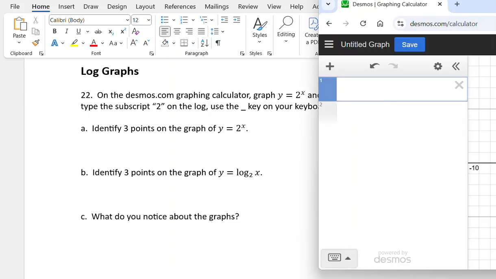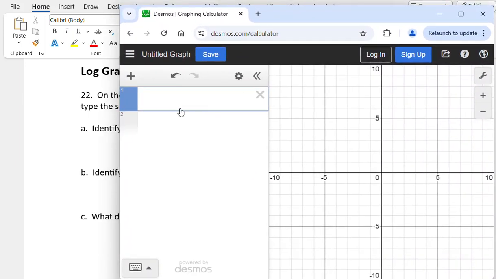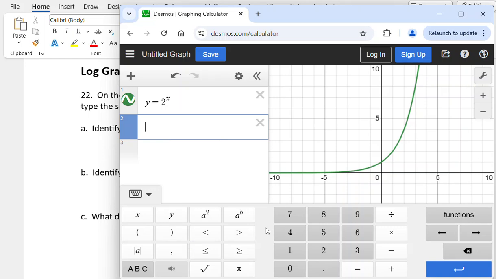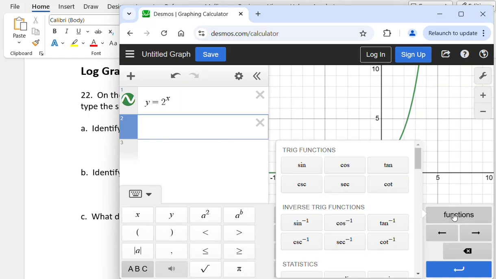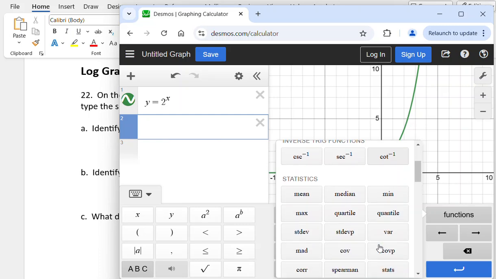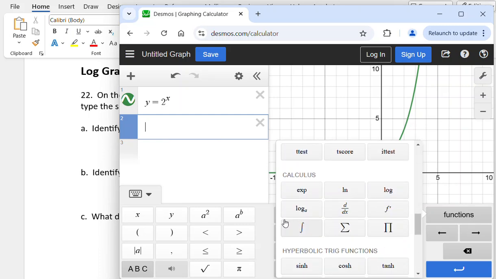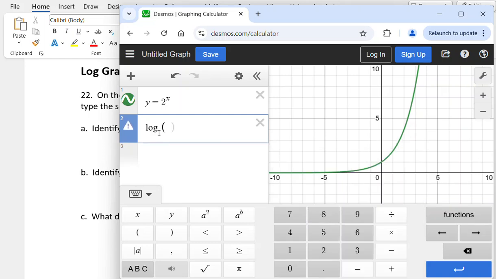and I'll show you another way in a minute. So I'm going to open up my Desmos graphing calculator and graph y equals 2 to the x. So if I click on the keyboard button at the bottom left corner to show the keypad, we can click on functions, and it brings up several different options, some things that you might recognize. I need to scroll all the way down to calculus. For some reason, this is where they keep the log button, and click on that. And now notice that my cursor is so that I can type in the base. So I'm going to type 2 for the base,